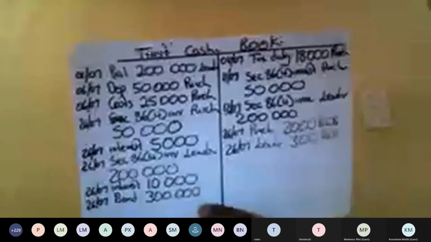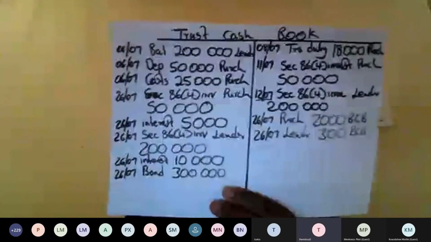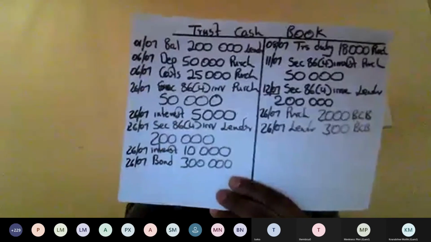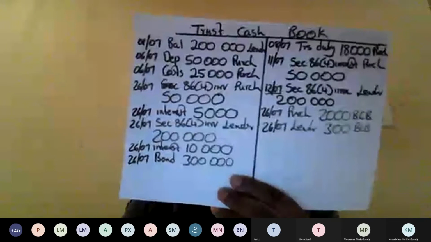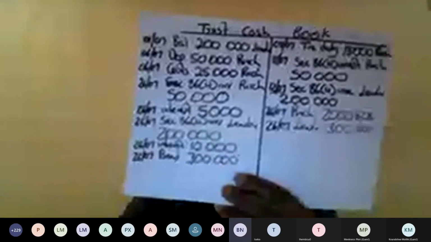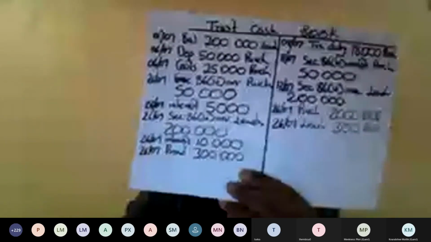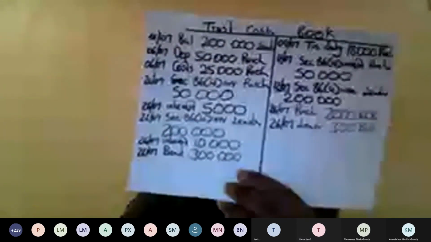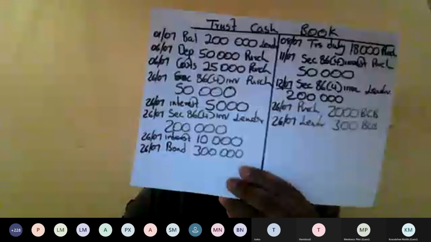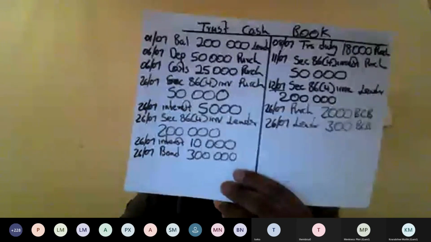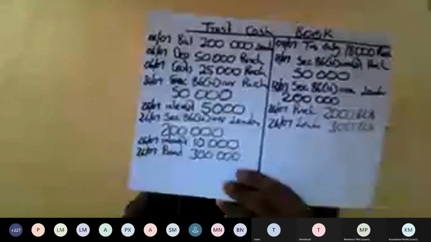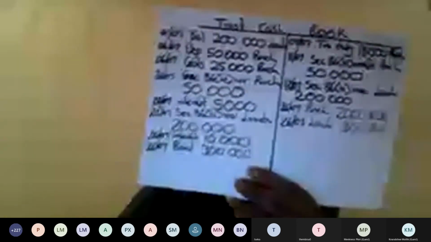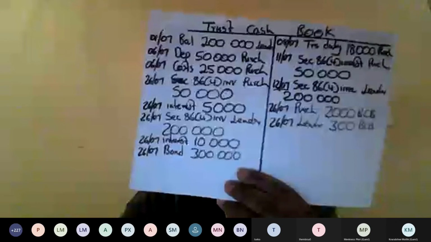On the credit side, you credited there 300 rands by the lender, and because you have credited your trust cash book, now you must debit your business cash book. Same amount there, 300 rands. Therefore, extra trust cash book. And then you go to your